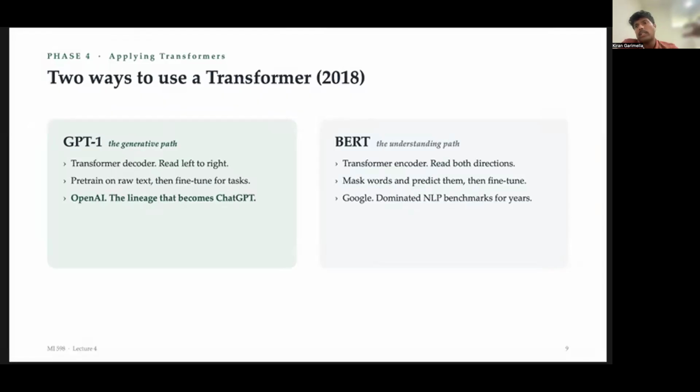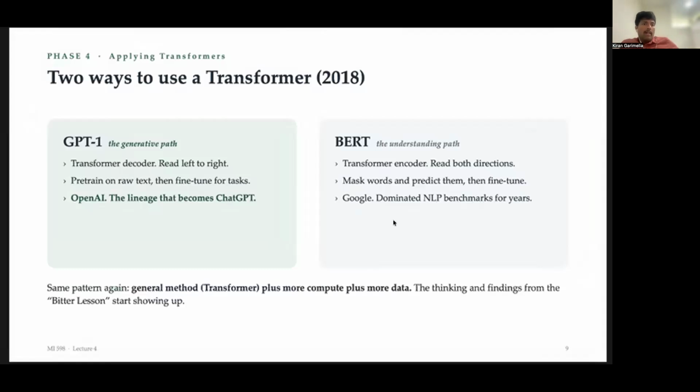Like, so you have a base model that you can then fine-tune for specific tasks. That again is a breakthrough because of BERT and these sorts of encoder-only models. Both of these work really, really well. Again, this is a huge breakthrough for transformers because of the enabling of these sorts of applications. So this general method, transformers, and then you put in more compute plus more data in different ways. So you use the encoder, you use the decoder, you train on one of them, you train on different tasks, you get different types of outputs, and we'll also see you can use this for different modalities to get advances in image processing, video processing, and so on.